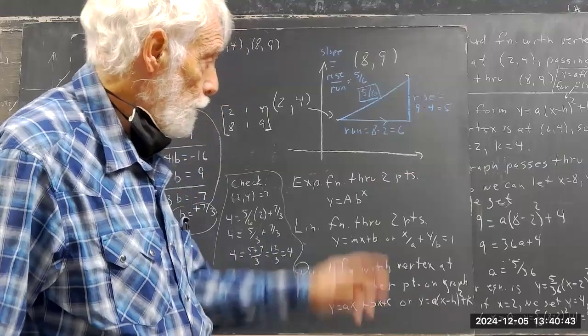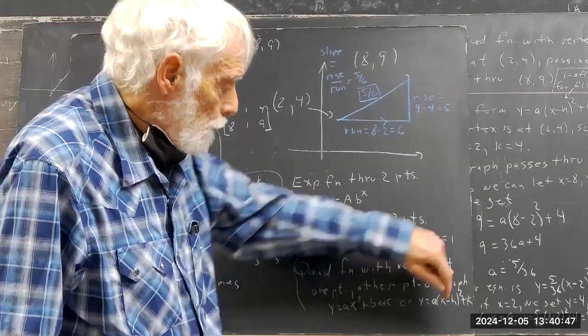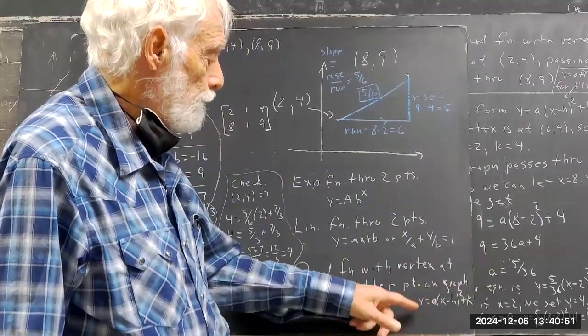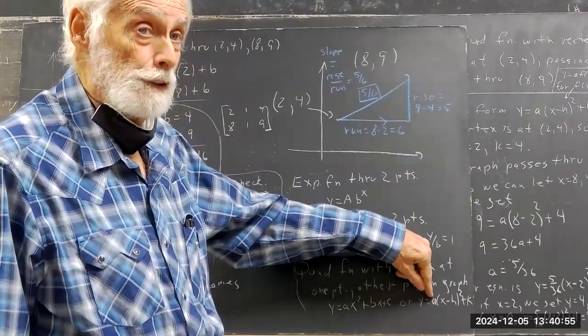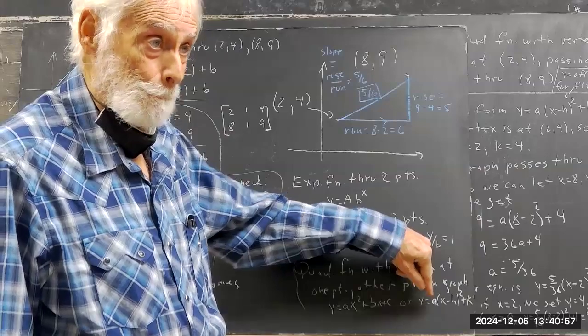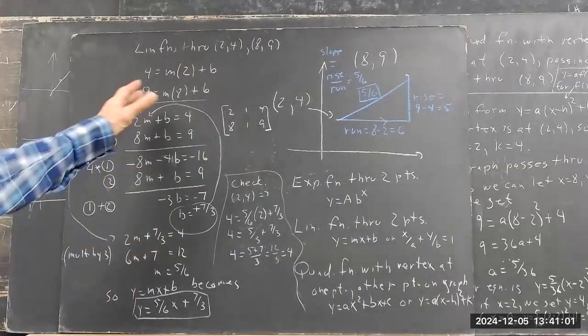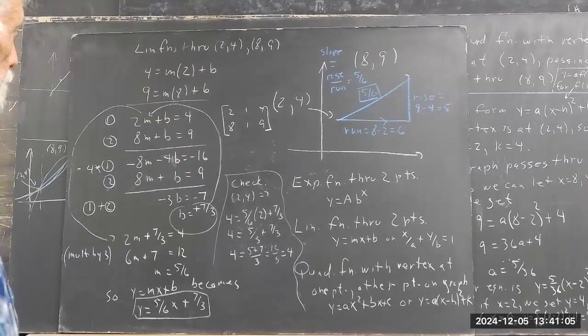Using the vertex form, knowing that one of these points is a vertex, then we know what h and k are. And we have another point, so we know what its x and y is. So all that's left is a, and that gets really easy. So anyhow, what we did, and this is on the video there, so I'm going to go through it